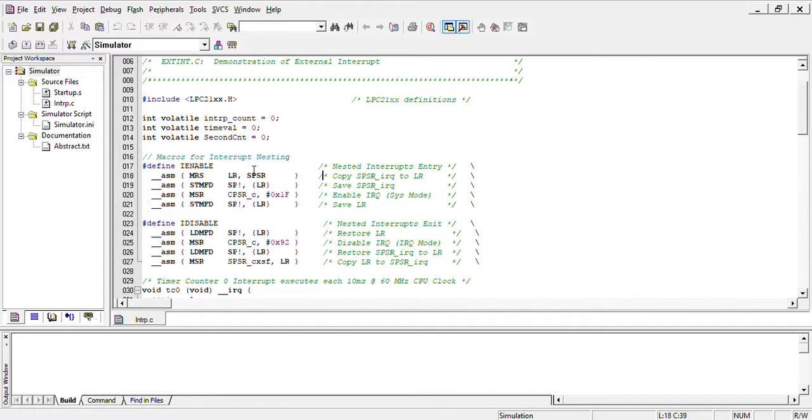In this, we will first copy the SPSR_IRQ to LR. Then we will save the SPSR_IRQ. Then we will enable IRQ into system mode. Then we will save the LR. Similarly, we will